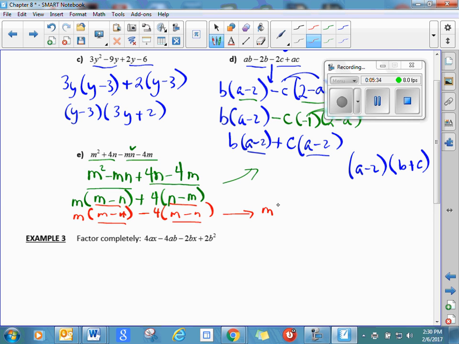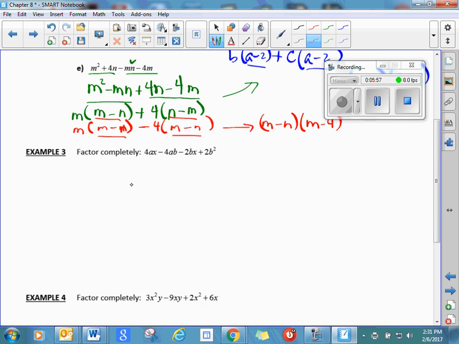And I get m minus n as the common factor, and the second factor is m minus 4. Don't forget, these are all in grouping symbols. There are no plus or minus signs in between these two factors. This is multiplication. All right, let's do this last one, or we'll do example number 3,